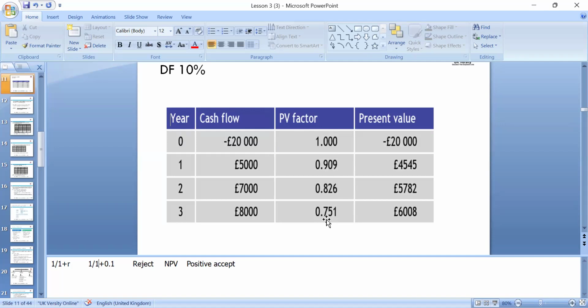Any question here? If you are getting 5,000 times 0.909, you can say actually in your hand is 5,000, but the value of 5,000 is